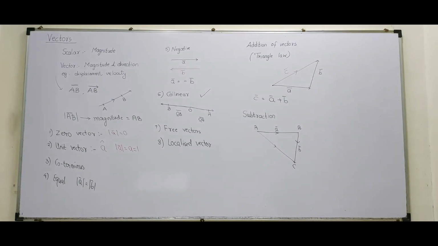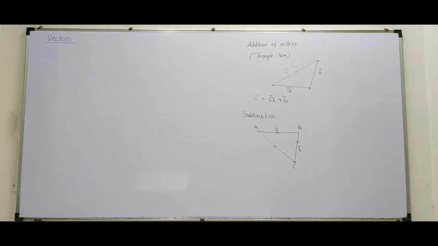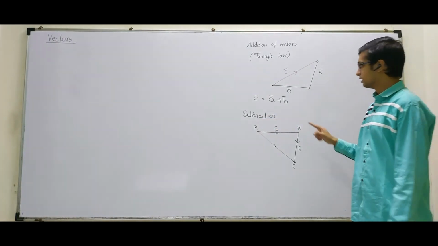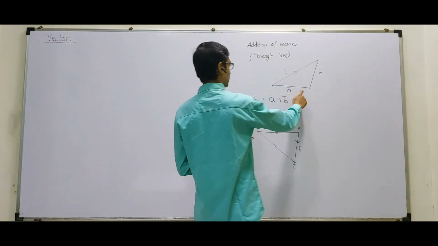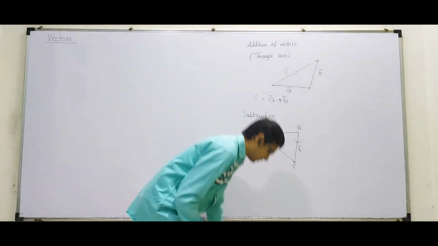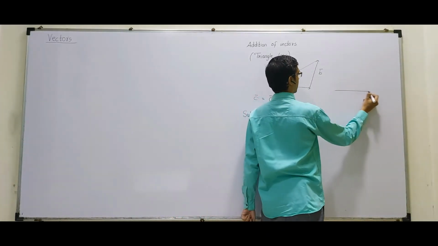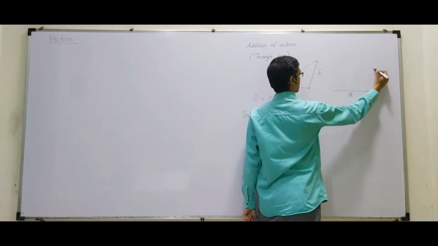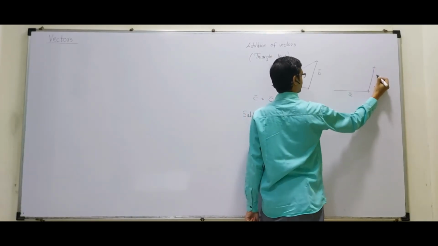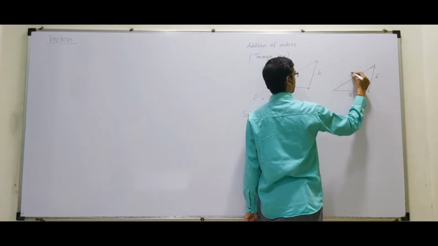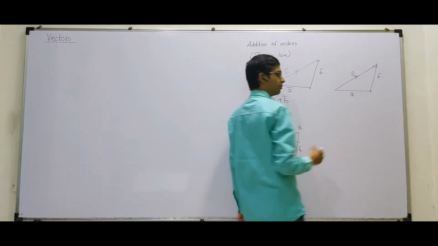Now we'll learn what is subtraction and what is scalar multiplication. Let's learn subtraction of vectors. So what will I do, children? I'll draw this diagram again to understand subtraction. Let's replicate this. So see, this is my A bar, this was my B bar, so I was getting this as C bar, which was A bar plus B bar.